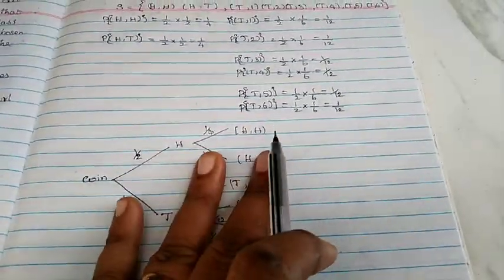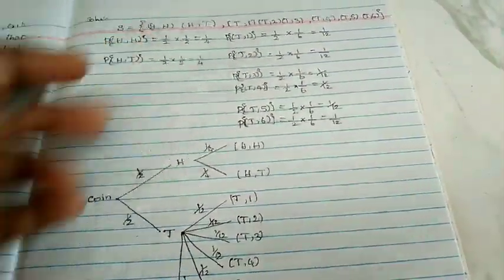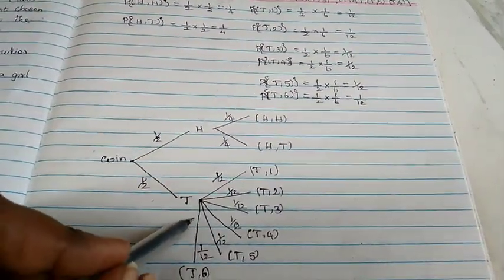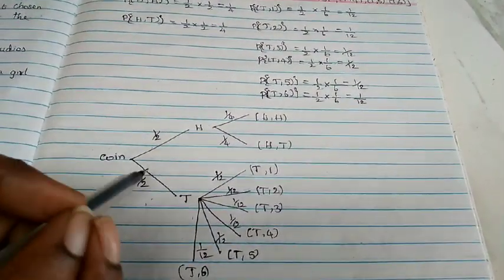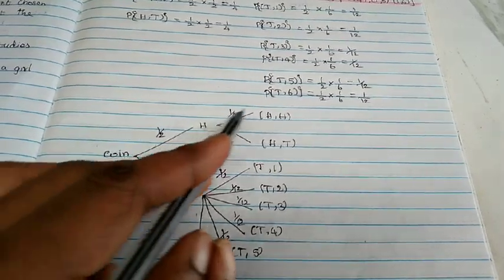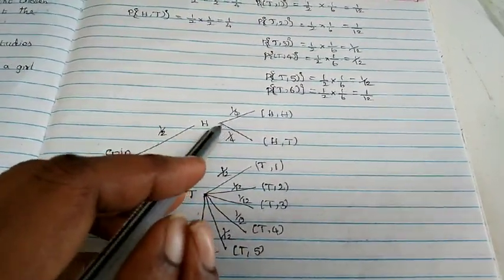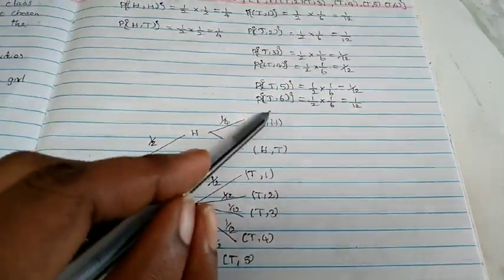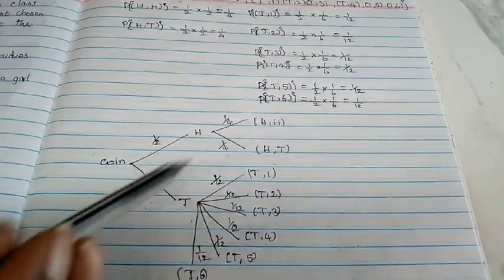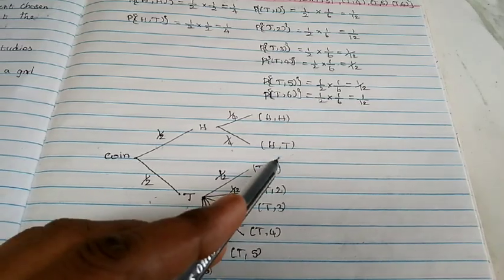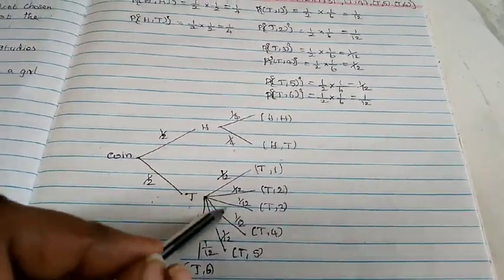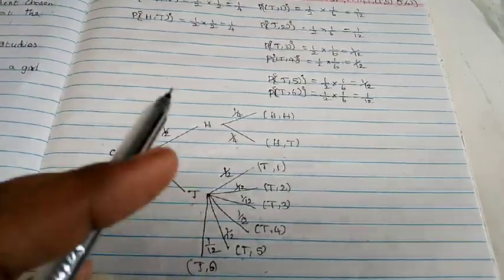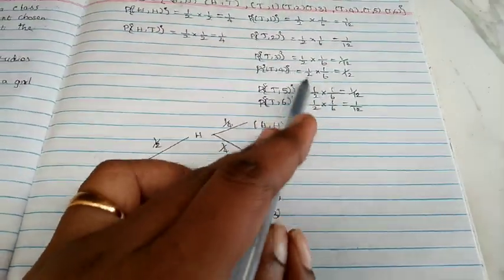Okay, here itself I draw the diagram to represent this. First I take the coin and throw the coin. I get head or tail. So this is 1 by 2 and this is also 1 by 2. Suppose I get head, then once again I throw the coin. So 1 by 2 into 1 by 2 means I get 1 by 4. So H comma T is also 1 by 4. Suppose it shows tail, then we throw the die. So tail comma 1, tail comma 2, tail comma 3, tail comma 4, tail comma 5, tail comma 6. Each has 1 by 12, which we already found.